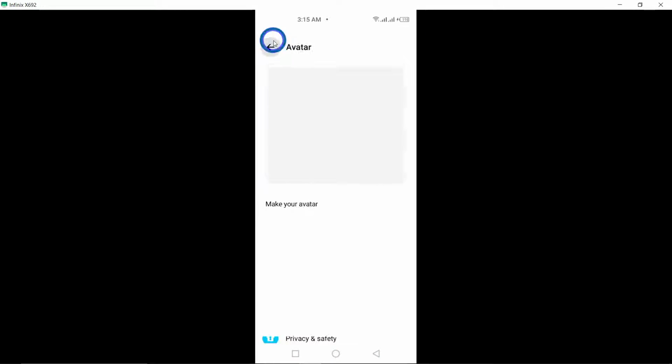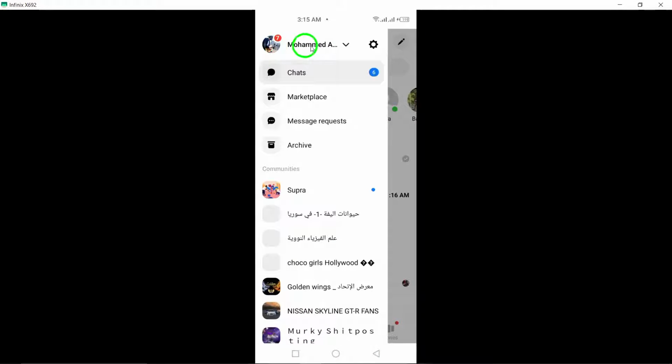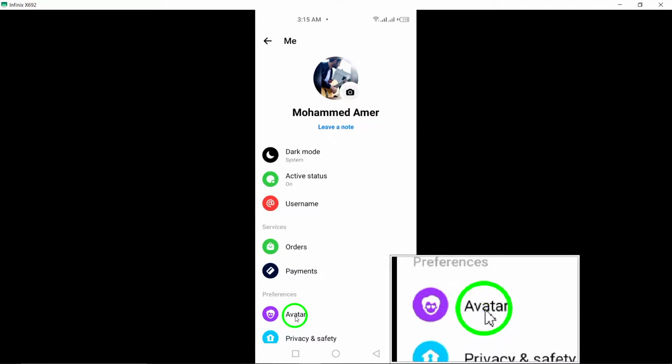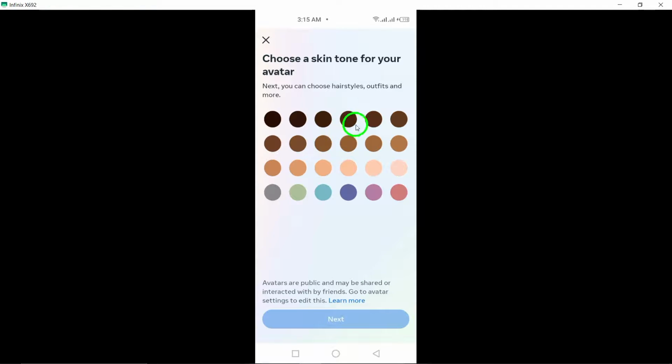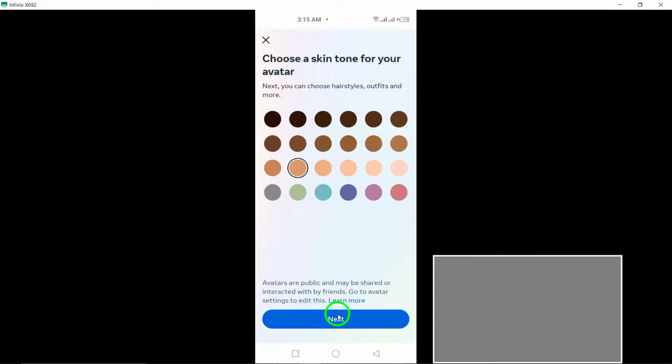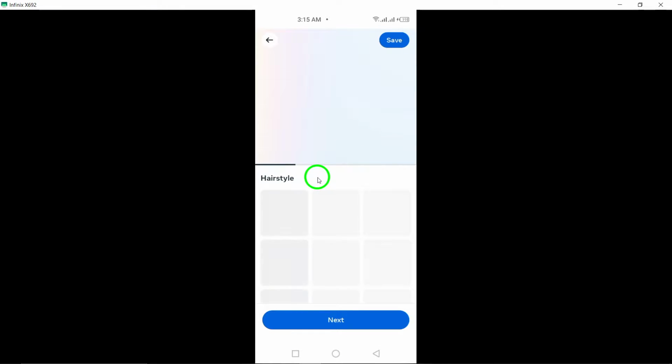You'll be prompted to choose a skin tone for your avatar. Once you've selected your preferred skin tone, tap on Next to proceed. Now, it's time to personalize your avatar by selecting various options such as hairstyle, facial features, accessories, and more. Once you're satisfied with your avatar's look, tap on Save at the top right corner of the screen to save